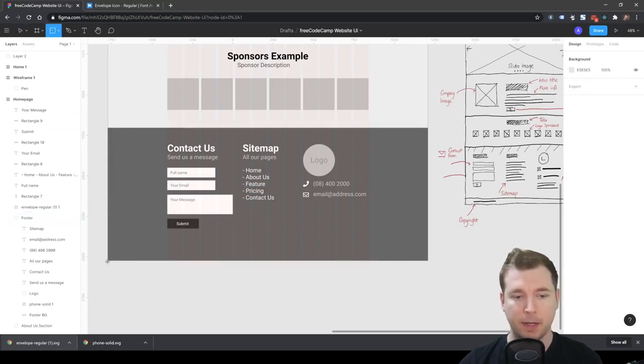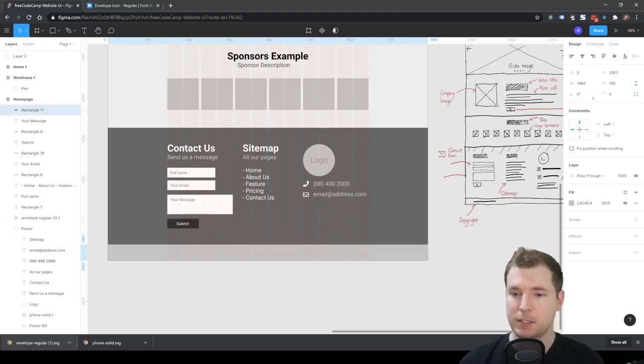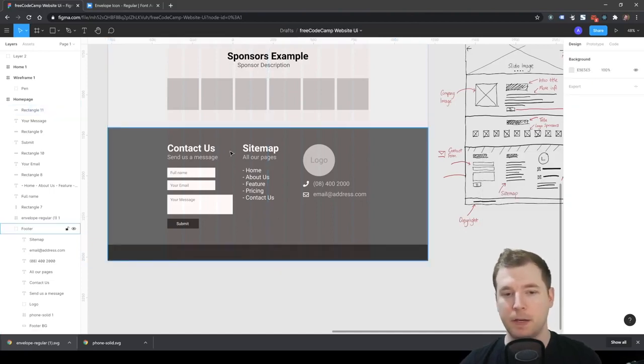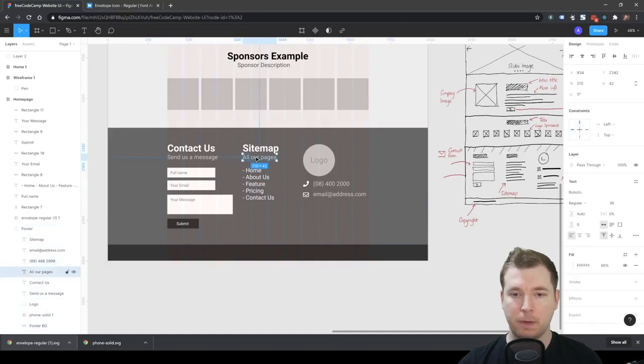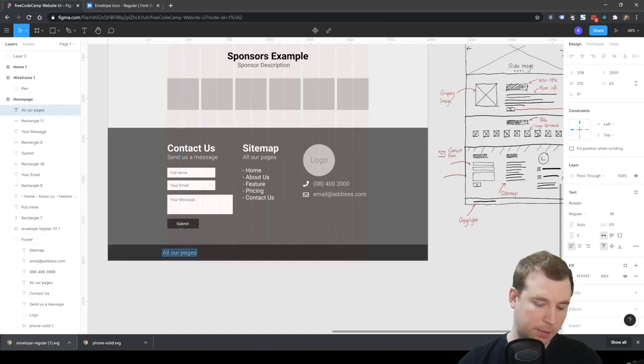The only thing we're missing now is a copyright section. So I'm going to actually create this at the very bottom here, and I might give it 100 pixels of height here. And we'll give it a darker shade. So what I'm thinking here is maybe the 333 color that we use for our submit button. And let's copy over maybe our text here for our subtitle and place this above the element. And what we want to do is just put in a generic copyright message in here. So something like copyright 2020, all rights reserved, company name,